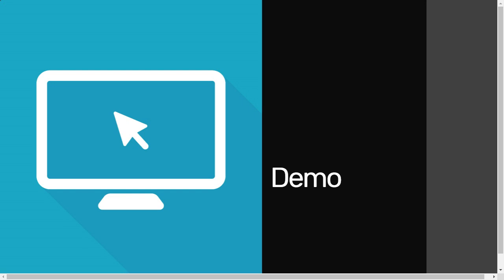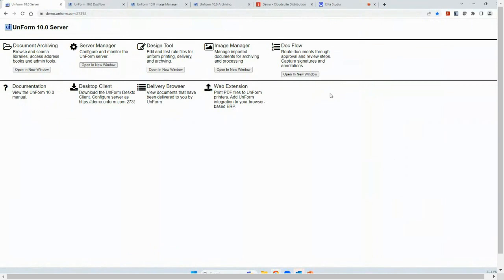So to begin with, UnForm, again, is completely browser-based, and so it's easy to deploy. Once you've installed it, you can use the UnForm browser to get to the documents and the other applications. But we've also got the ability to launch from different ERP inquiries. So we've got various capabilities we can apply based on the ERP to give you the ability to launch.